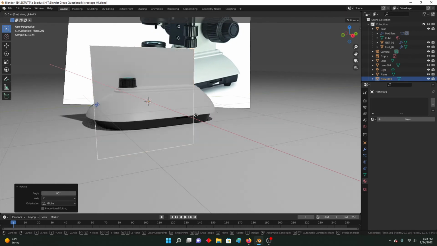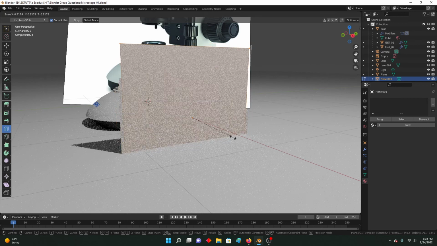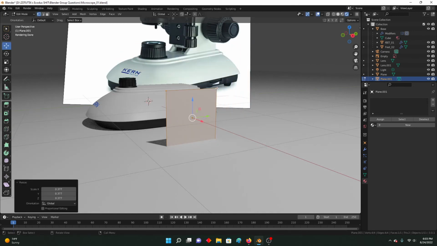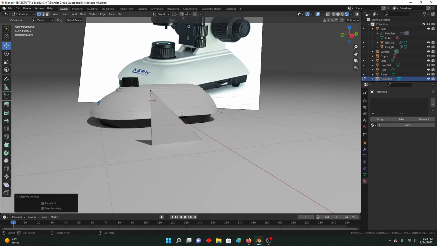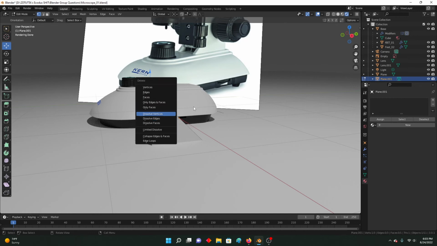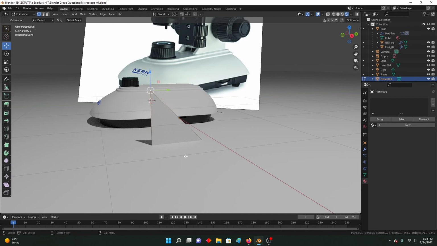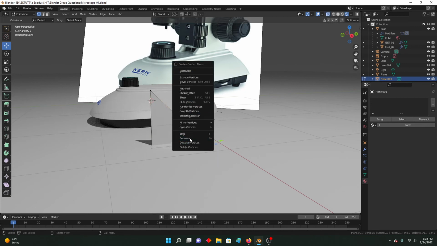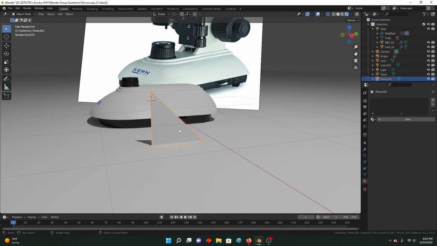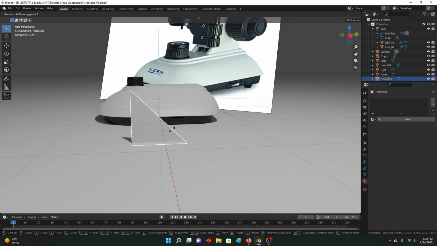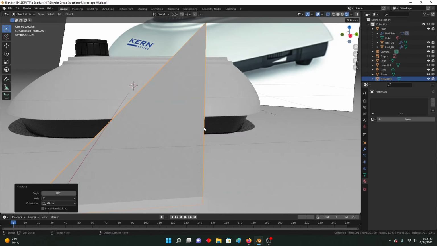RY90 GX tab S space shift G X dissolve vertices, or actually I did right click, but you can do either. If you do X, you can do dissolve, or if you click out and you right click, then dissolve is down here, for either X or right click. Yeah, this is the whole menu. So R, Z, 180, tab,